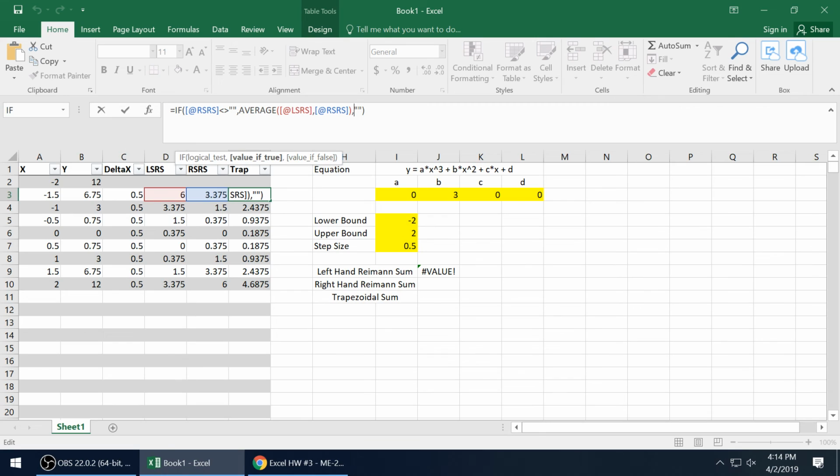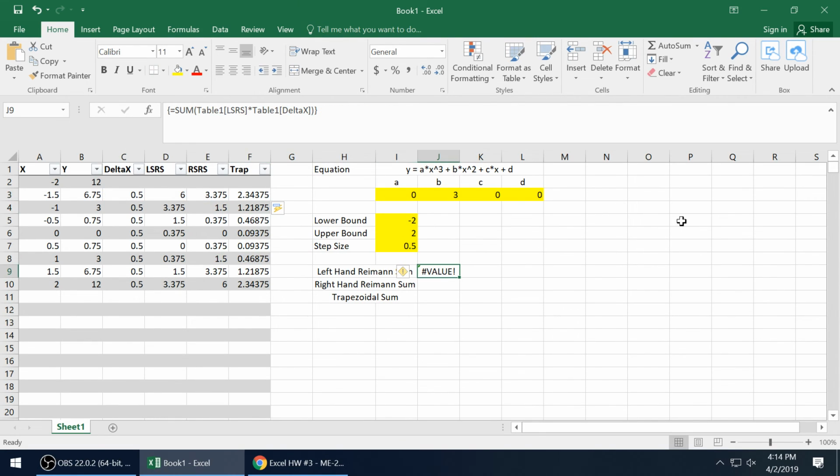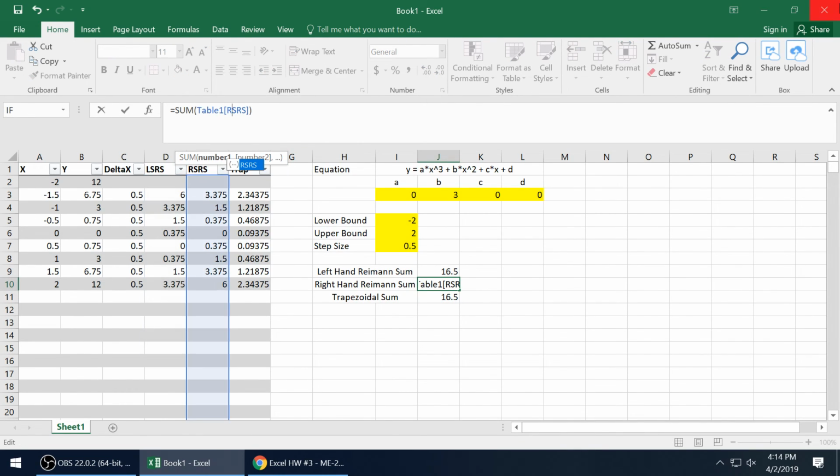And nothing times delta x, or average times delta x, that's totally fine too. Doesn't really matter. If we do it this way, then we just sum together this left-hand Riemann sum column. If we did it the other way, we would just have to change our nothings to 0. It doesn't actually matter. But in general,